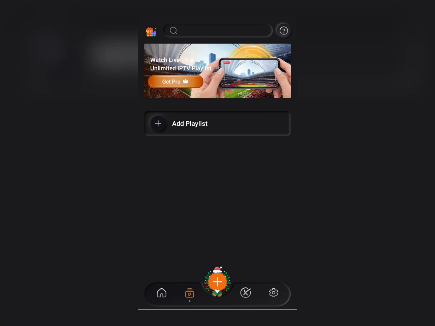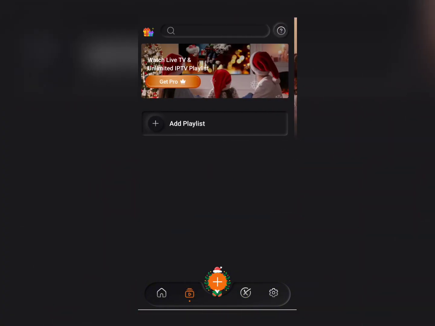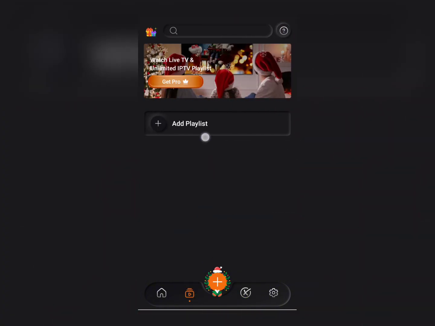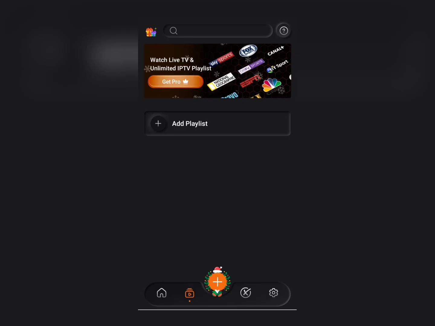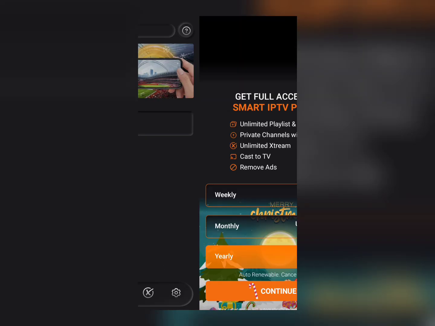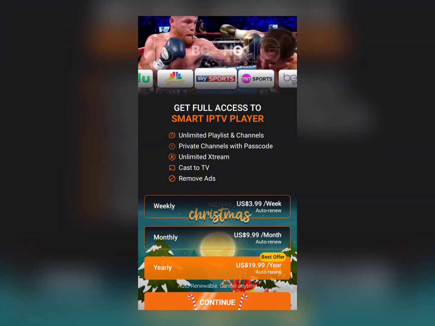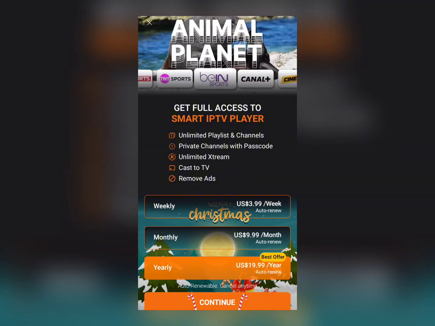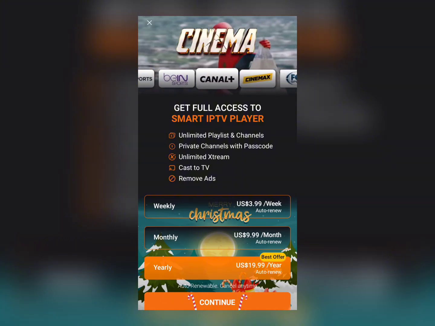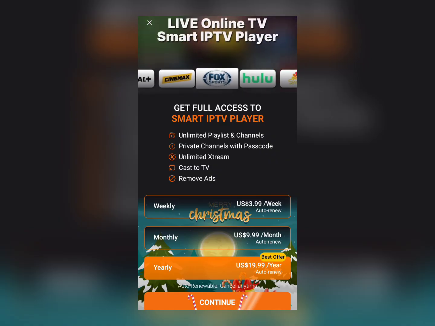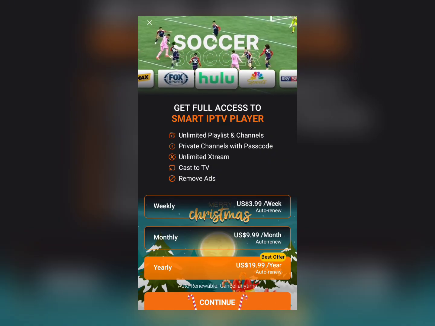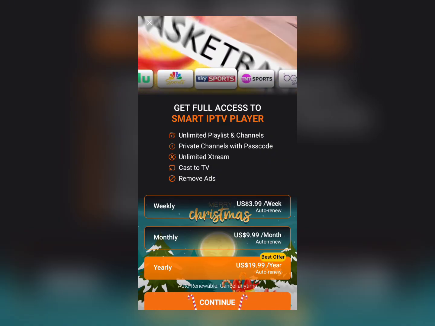So as it relates to the subscription for this application here, you can tap on this here where it says live TV and unlimited play TV playlist. Tap on this option here. It will give you these for completely free. It will show these and you'll be able to use them as well. But if you don't have the subscription, you won't be able to see these. So these are live TVs which you can watch using the application, as you can see here, but you have